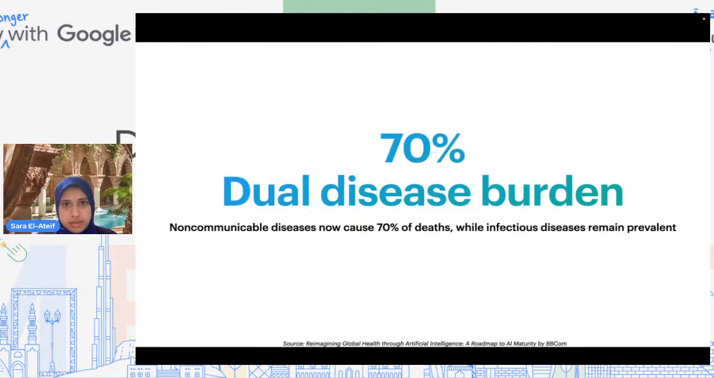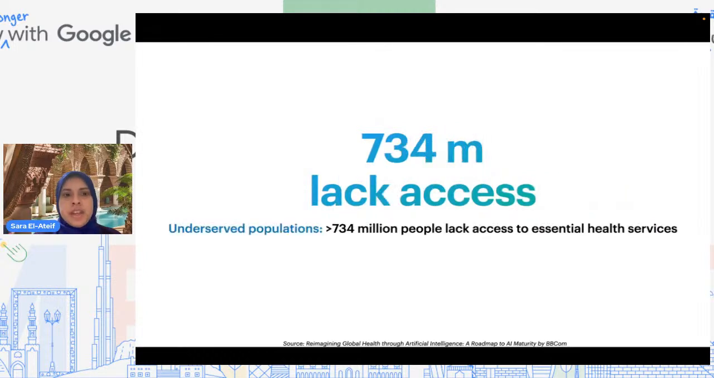So most of the deaths, especially in the last 10 years, are actually due to either cancer or diabetes or some kind of very well known diseases. Apart from that, there are also infectious diseases that are still out there, like malaria, for example. Also, as I told you before, we have some populations that don't have access to healthcare